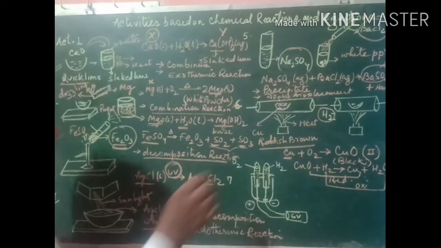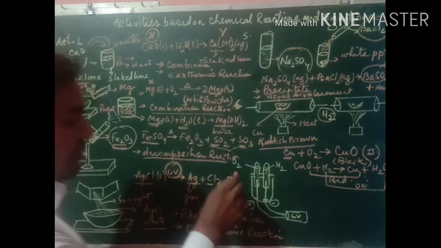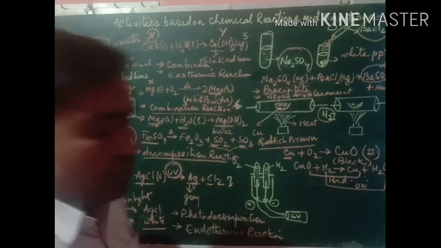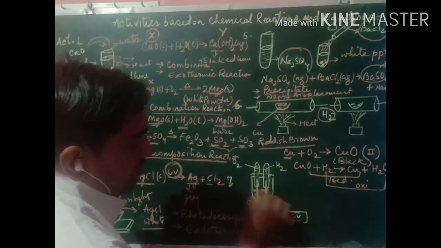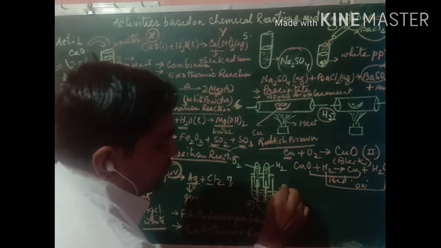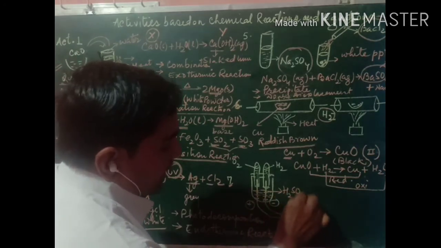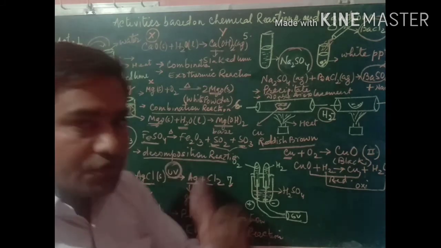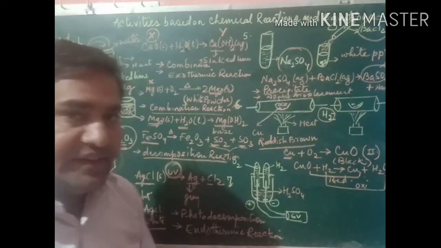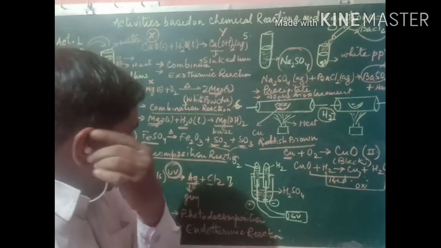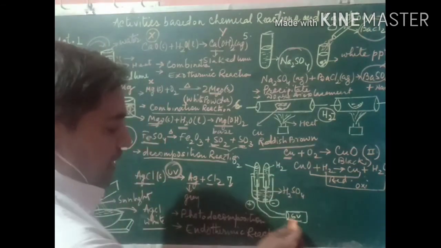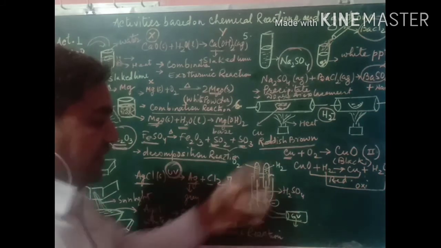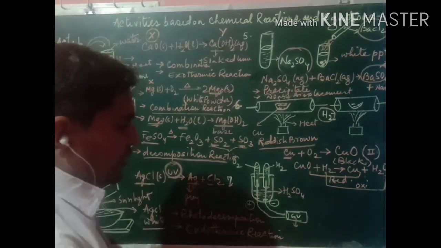So next is activity number 7, the electrolysis of water. Remember, here water has been kept and a few drops of H2SO4 have been placed there to increase the rate of reaction. So that's why it is known as acidulated water, and it is connected with a 6-volt battery. Other arrangements I have no need to tell here.